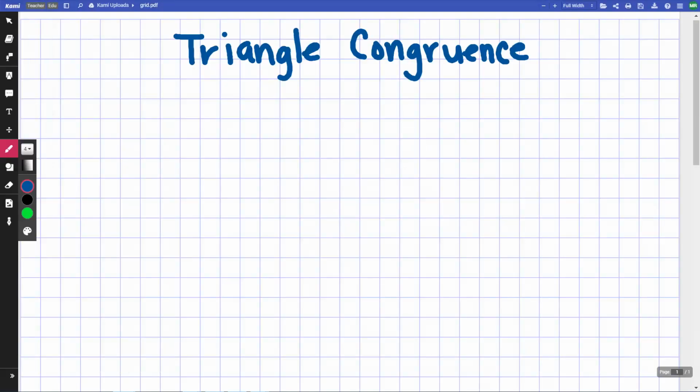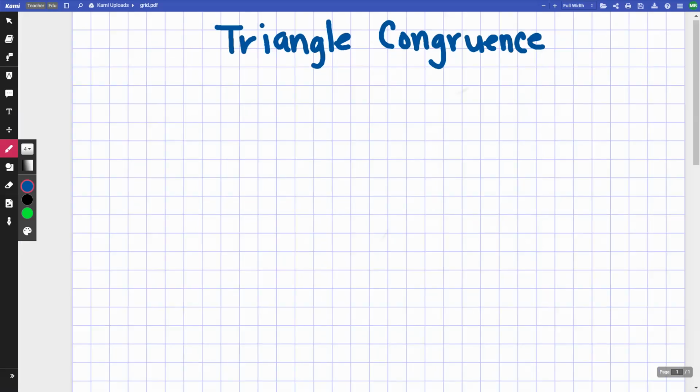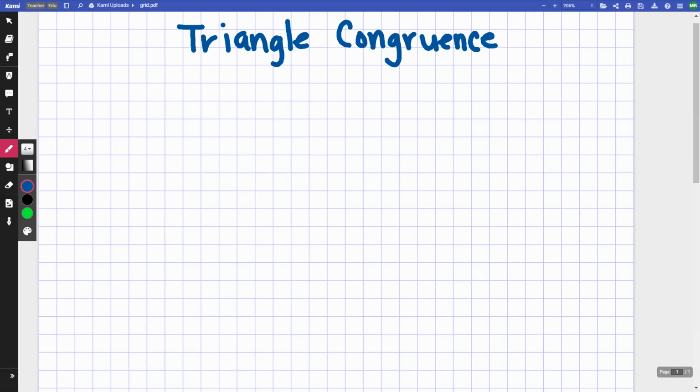Let me just move this out of the way. And so we're calling this triangle congruence. I'm going to list the ones that worked and the ones that did not work. So first one, side,